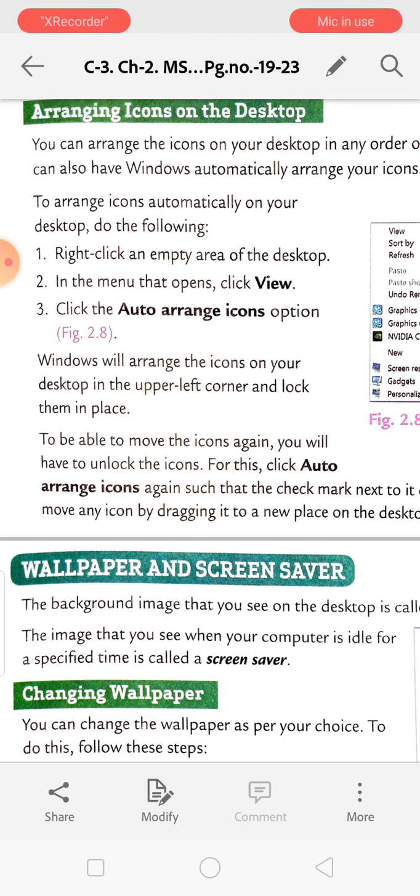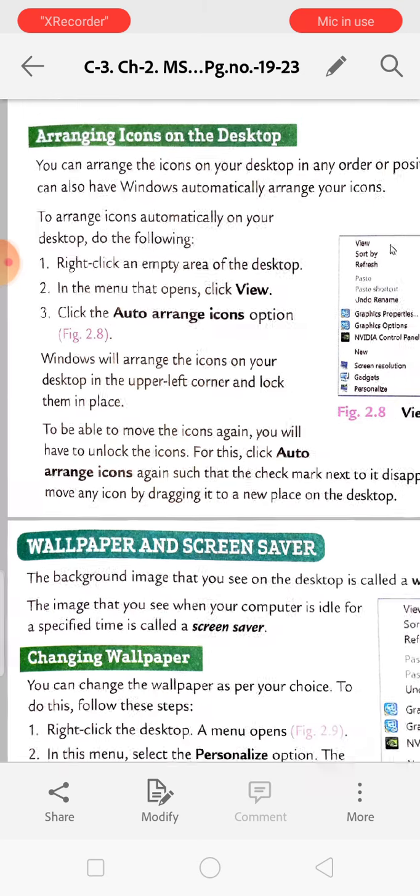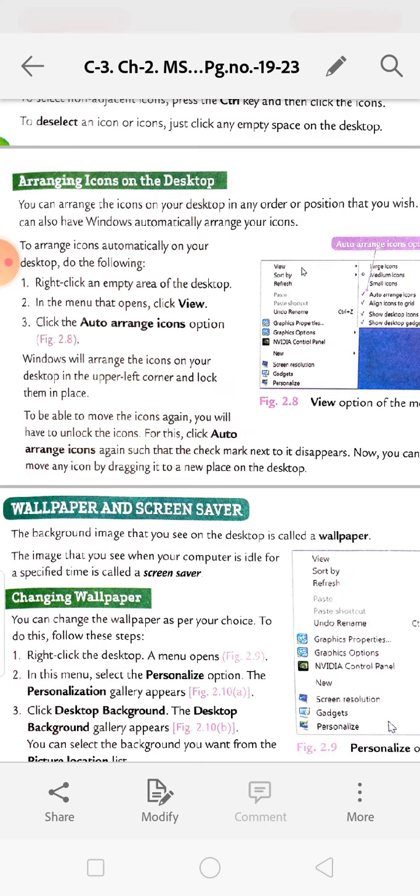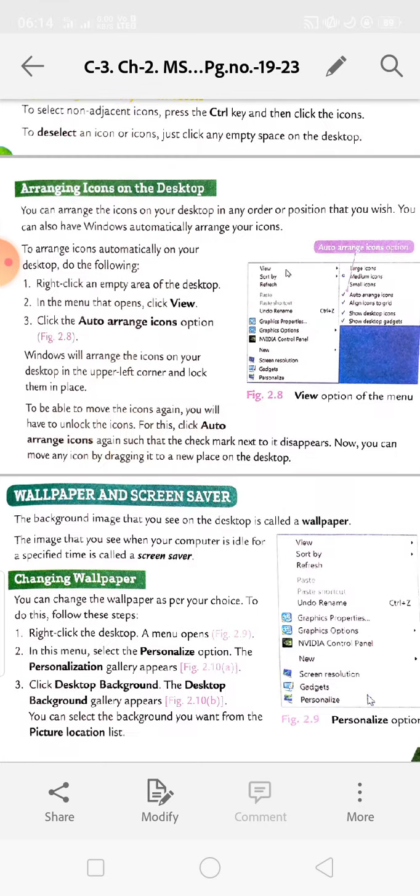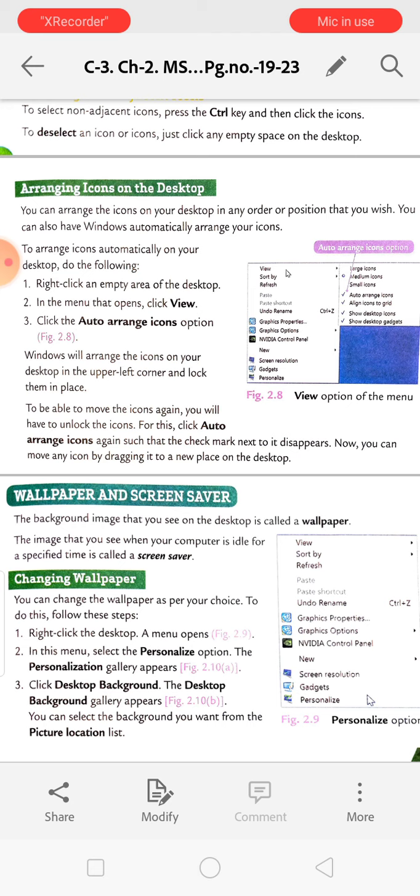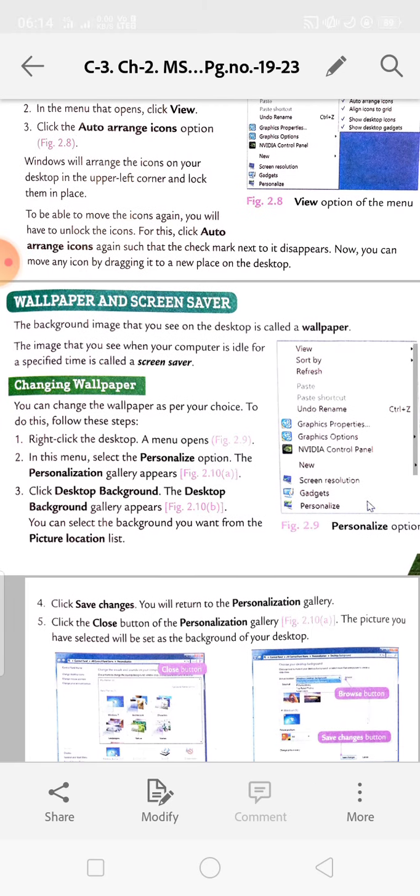So if you want to move them again, you right click, then view, then click on auto arrange icons, such that the check mark next to it disappears. Now you can move any icon by dragging it to a new place on the desktop.